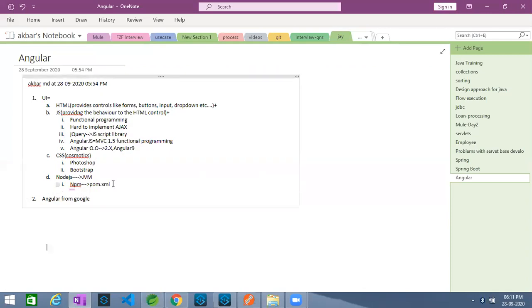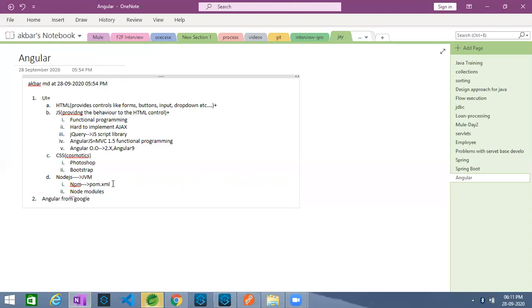Similarly, in Node.js, it will download node modules. This will give you a set of node modules, which are predefined libraries, or community provided libraries, for you.